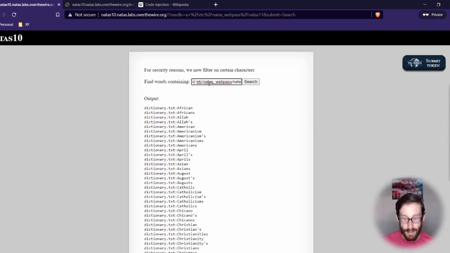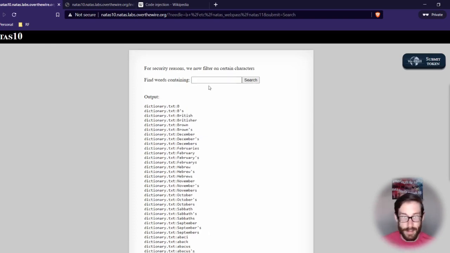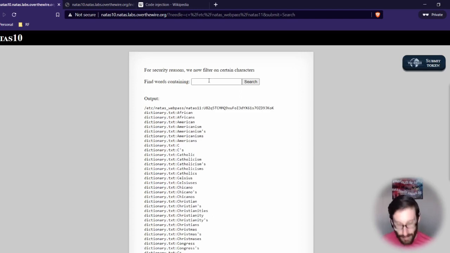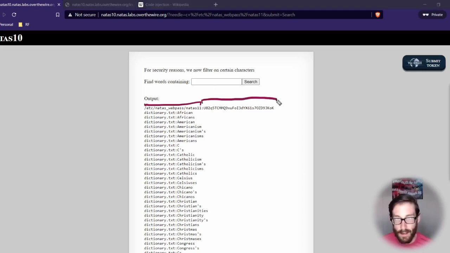So then after I did A, I tried B, and B just gave me a bunch of stuff back, just because a B is included in the text. So then I just started trying a bunch of the letters. So I got to C finally, and I did C, and then that came back. And the reason that C came back is if you actually look inside of this, you can see that what it's pulling back is the location that we called. So this is our location. And then this is the key. This is our secret that we need to use to actually put in to get the answer. And what we looked for was C.